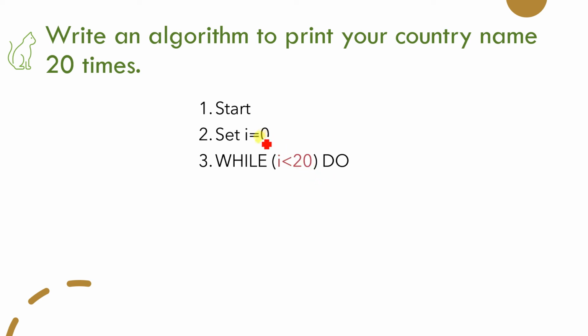Okay, so starting with 0 and it is less than 20 means it will continue up to 19. When 20 is less than 20, the condition becomes false. So 0 to 19, with 0 and 19 included, will be 20 times. That means the statement here, print dreamland inside your while loop, is executed 20 times due to the help of this while loop.